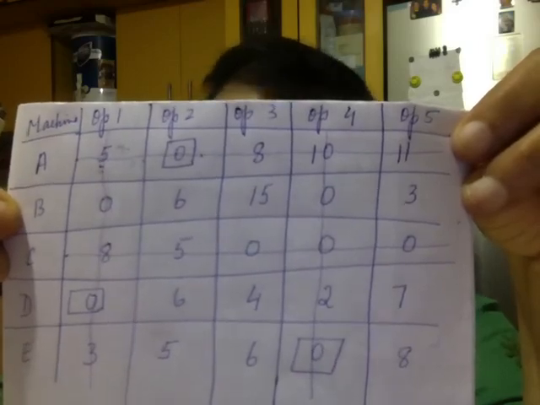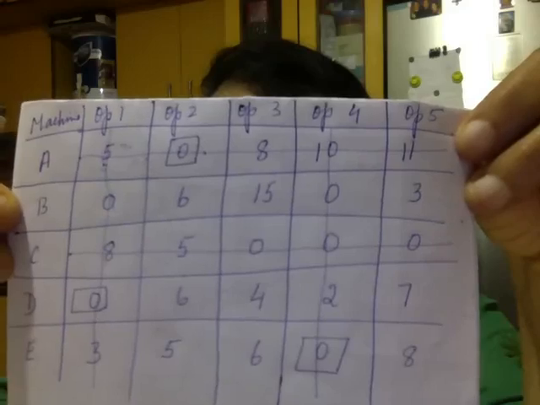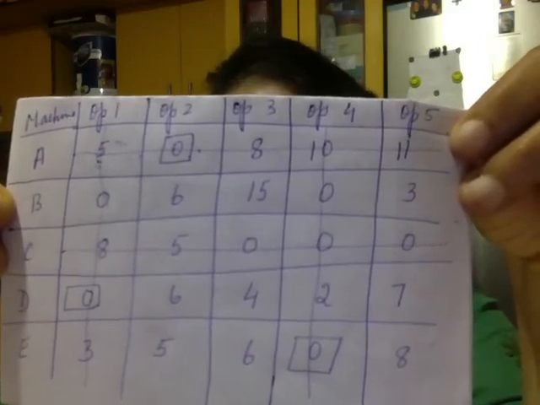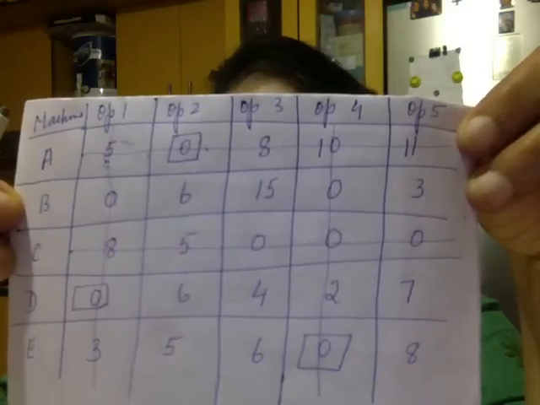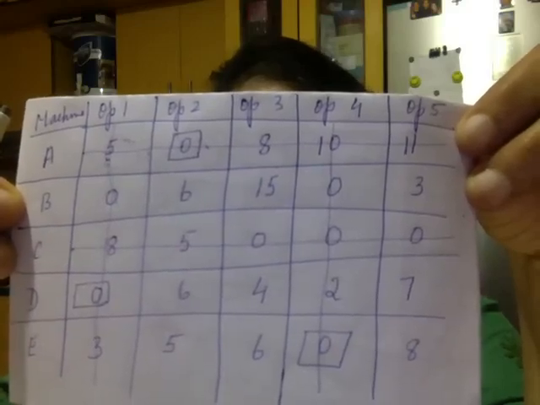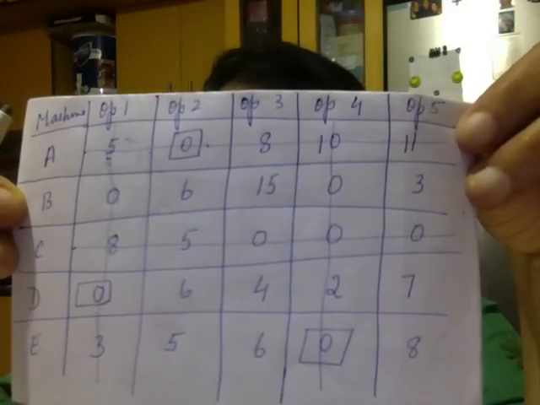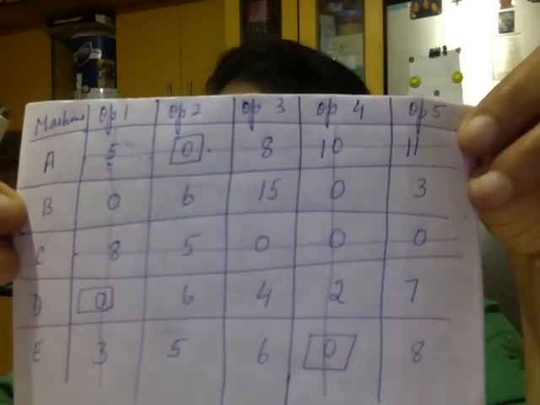Now you look at this one. The covered values, what will you do? Leave them. Third one, covered values, leave them the same. Leave them untouched. Now class, look at it.